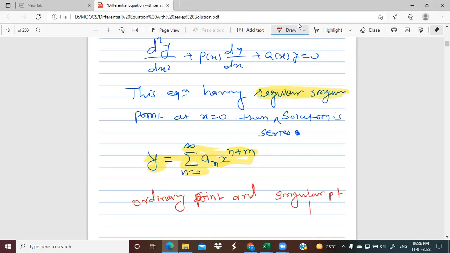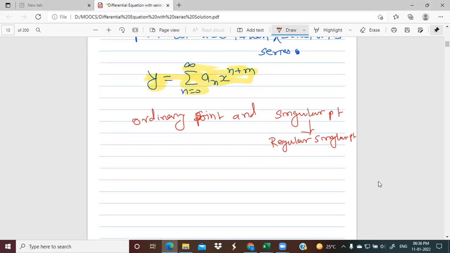Again, in singular points there are two types: regular singular point and irregular singular point. These singular points depend on